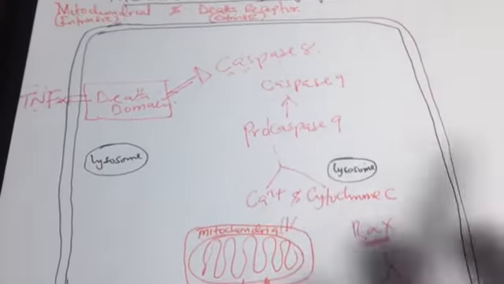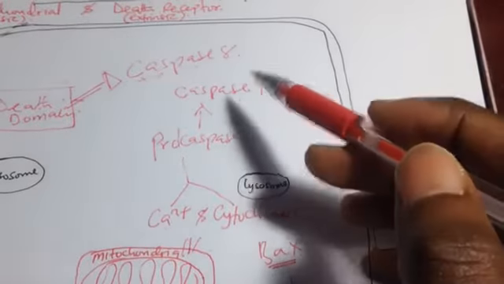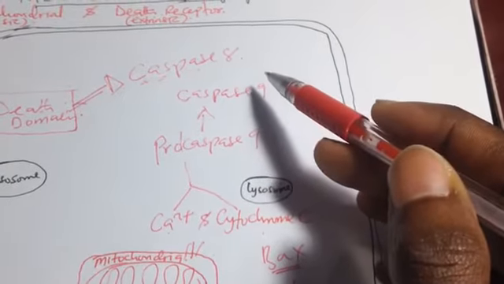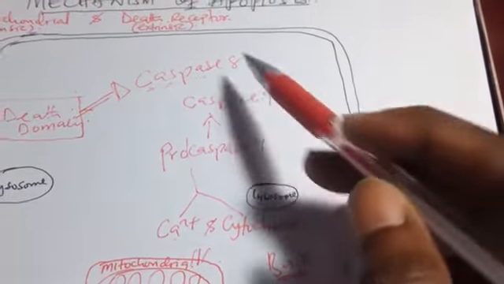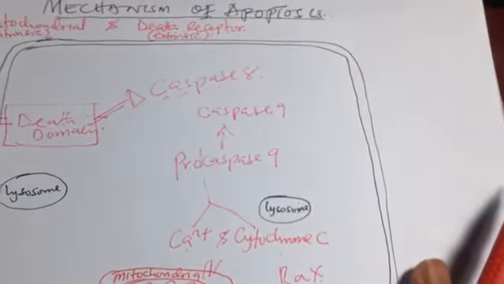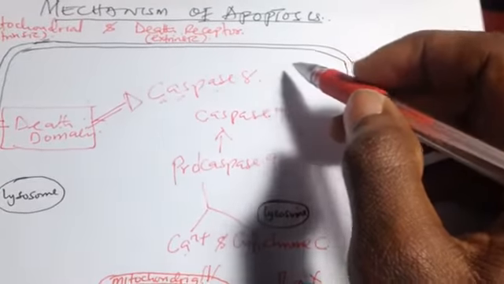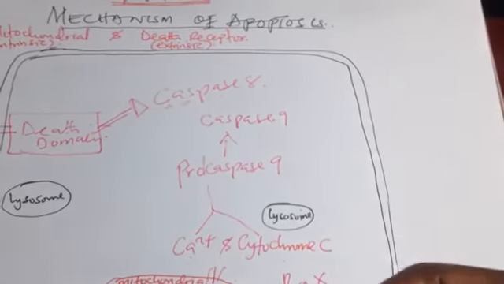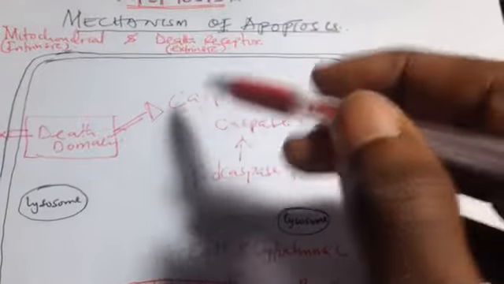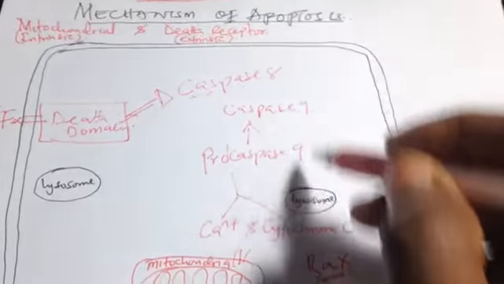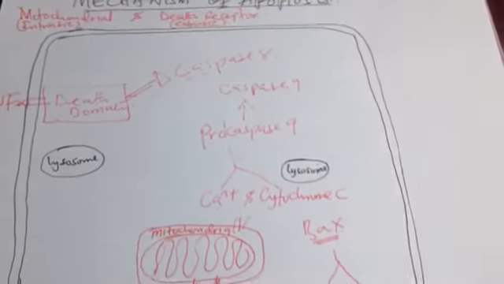In both pathways, they have a common pathway. They meet at a common pathway. The intrinsic pathway, at the end of the day, has to activate a protein called caspase 3, right? And the extrinsic also has to activate this caspase 3. So what will happen is this caspase 3 is going to cleave the cytoskeleton. We have a cytoskeleton that maintains the integrity of the cell, right? If the cytoskeleton is disrupted, the cell will collapse, because it is the cytoskeleton that makes the cell maintain its shape like this.